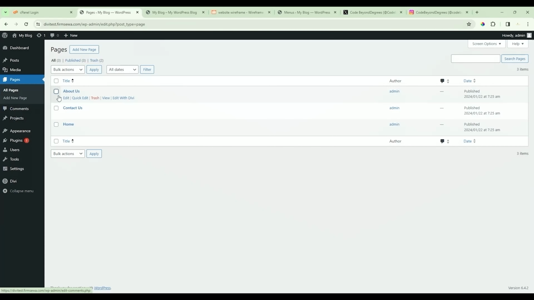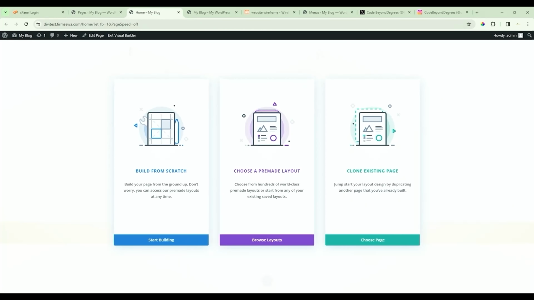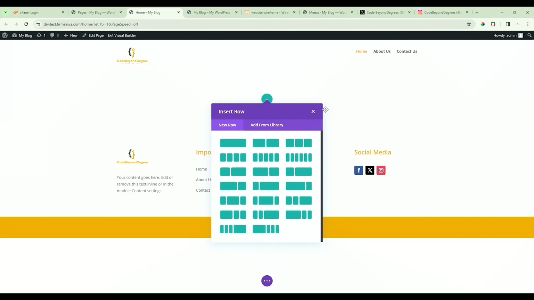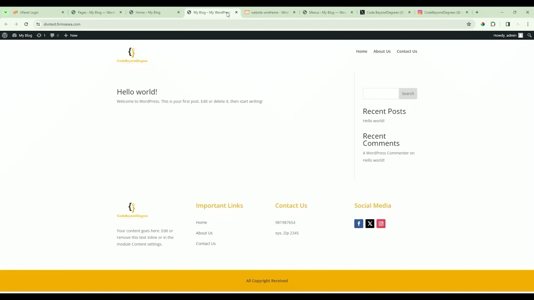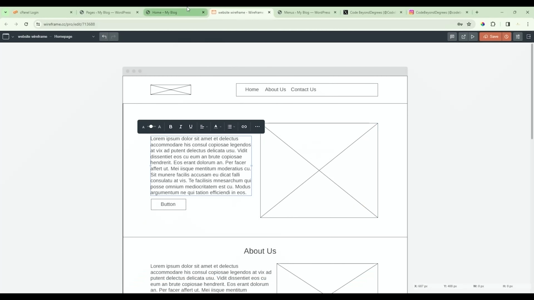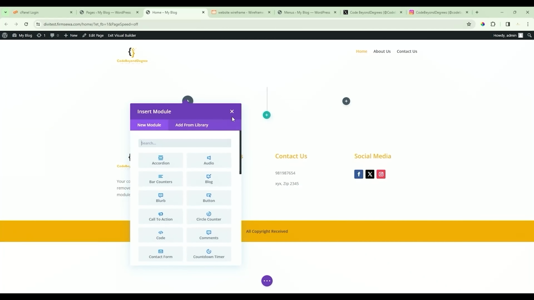Now we'll open our home page. Pages, all pages. In the home page we will click edit with Elementor. Build from scratch. Now we'll select two columns. In the wireframe we can see there are two columns. In the first column